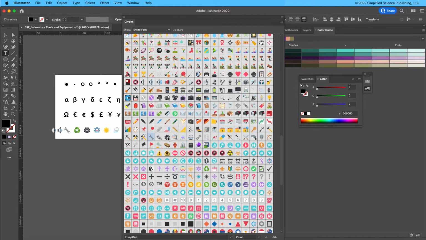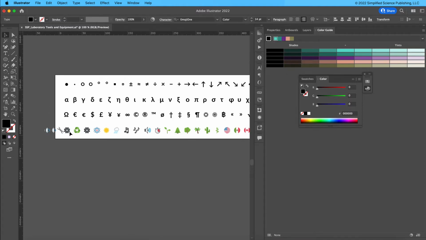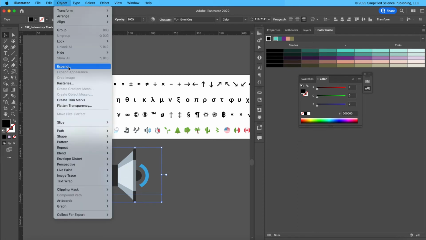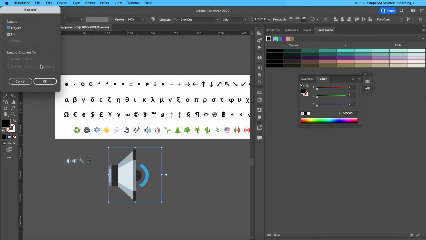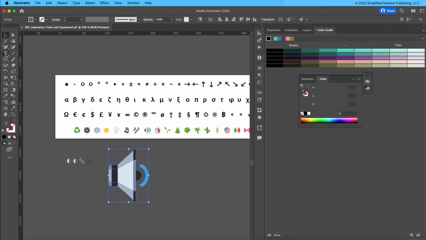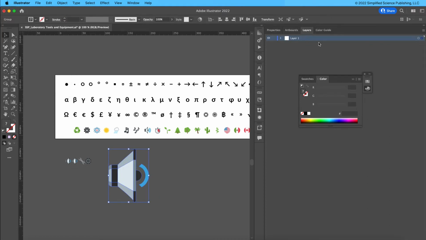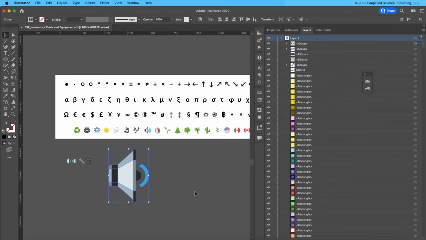And the most powerful thing that I want you to know about inserting these glyphs is that each of these is now a text element. So these are all text elements. If I wanted to take this text element and make it custom, not just have it be this audio symbol, I can actually have this symbol and go Object, Expand. And what you'll see is that this is no longer a text symbol. This is now actually a group